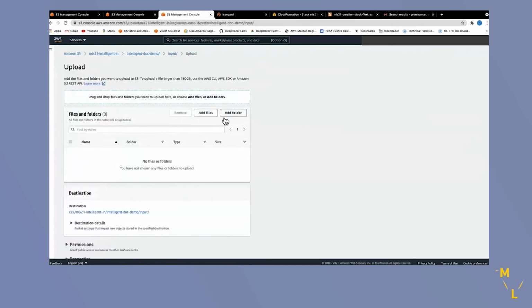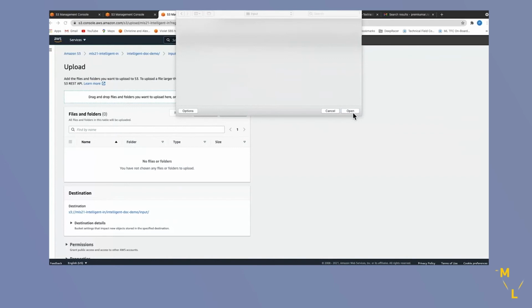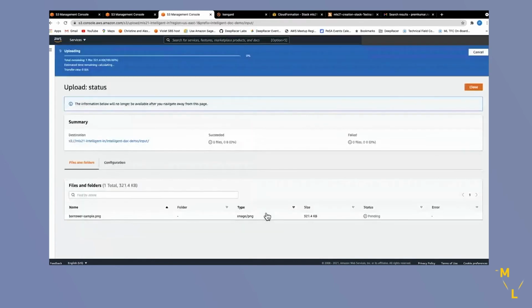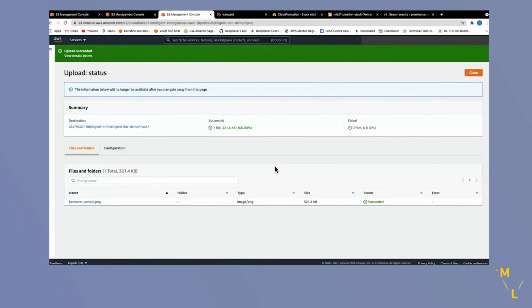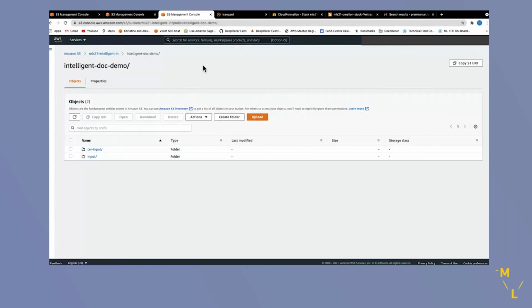Okay, I will upload the document. This is present within the ML Summit 2021 input. Document is uploaded.